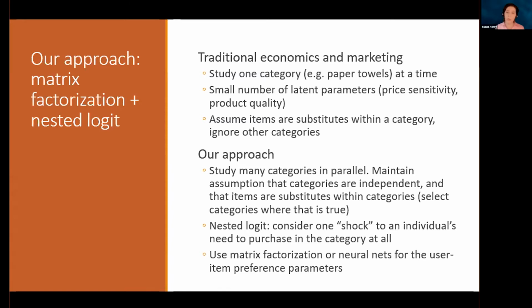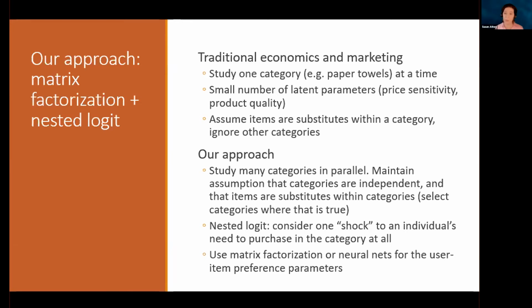And you generally assume that items are substitutes within a category and you just ignore all their categories. So you might have a really big data set with thousands of products, but you just focus on like 5. And why is that? Well, that was because traditionally we would estimate these things either with maximum likelihood or often with Bayesian techniques. And people might take 3 or 4 weeks for their Markov chain Monte Carlo to converge. And so they were kind of limited in the complexity of the models. But modern computational techniques from machine learning have relaxed a lot of those constraints.